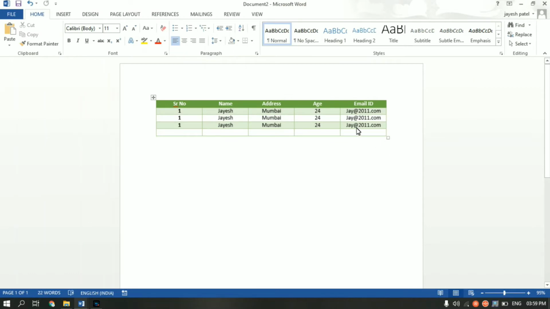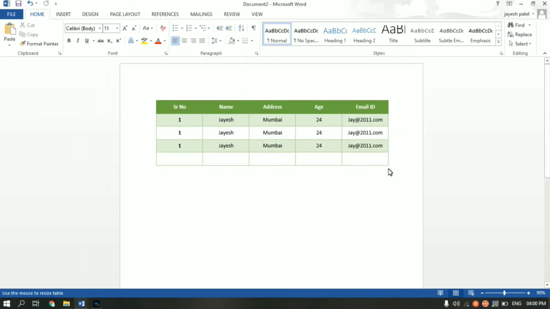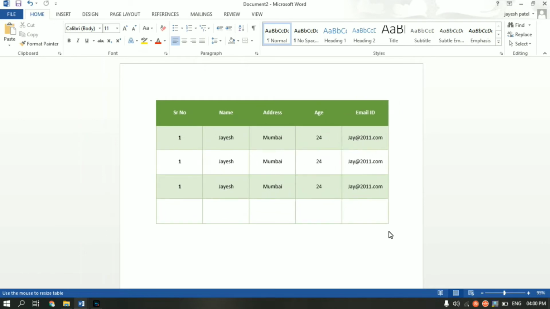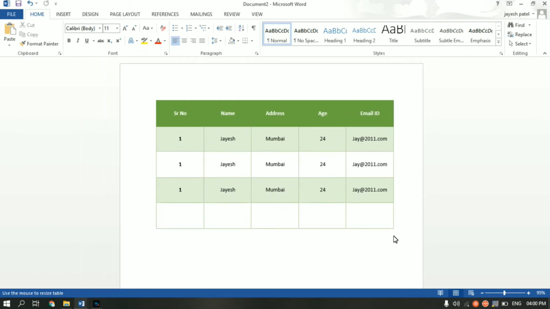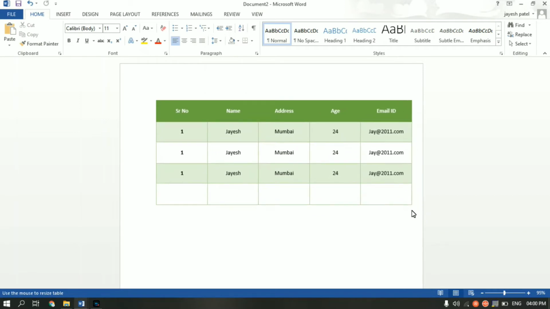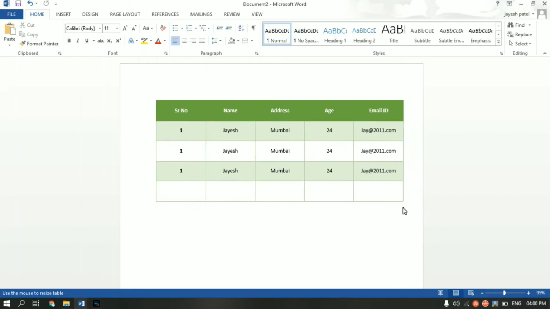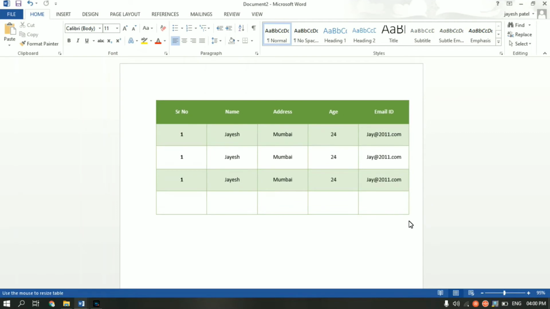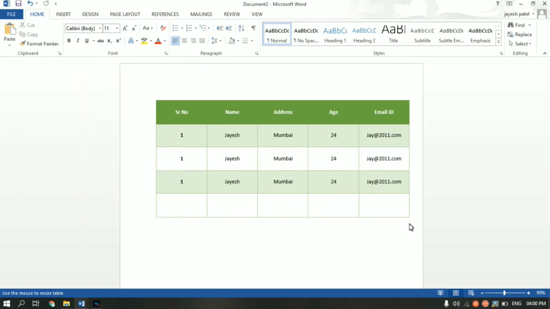Now as you can see at the bottom right there's a rectangle. If you hover over your table you'll see this, it's right here. Just put your cursor on that rectangle, left click, and just move your mouse. As you can see, if you go down, the height of the individual rows increases. If you go to the right-hand side, the width of the individual columns increases. So this way you can adjust and arrange the table in a way which you feel looks good.